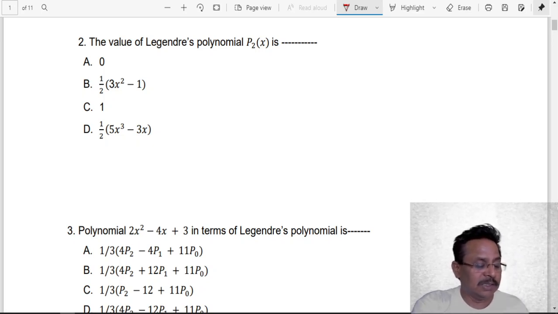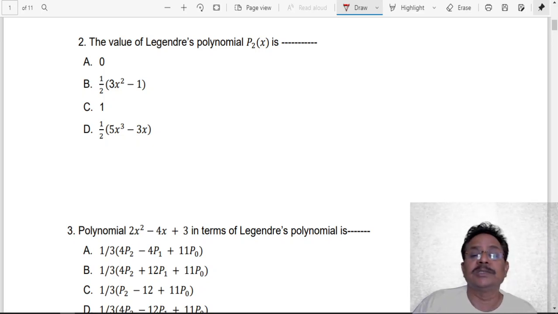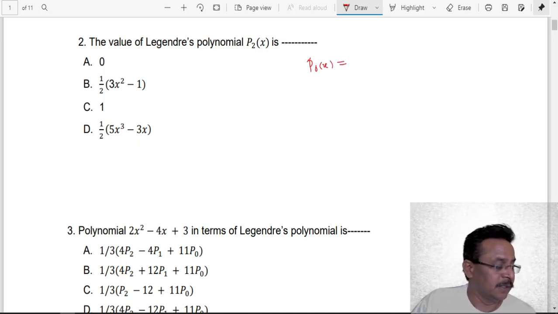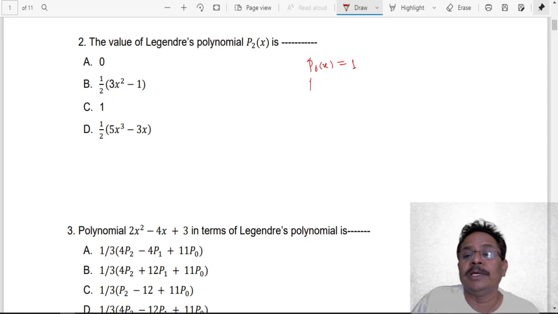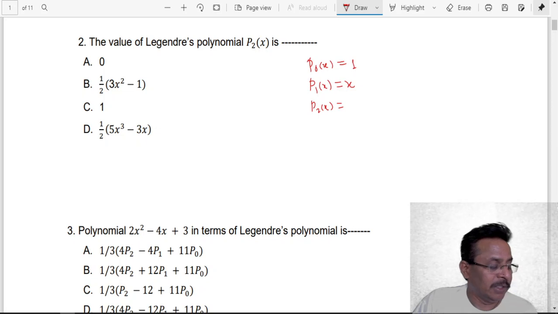So let's write what these particular Legendre polynomials are. The first Legendre polynomial is P0 of x, which is simply a constant, that is 1. Then the second Legendre polynomial is P1 of x, and this polynomial is simply x. Similarly, the third polynomial P2 of x is equal to 1 by 2 into 3x square minus 1, and the fourth